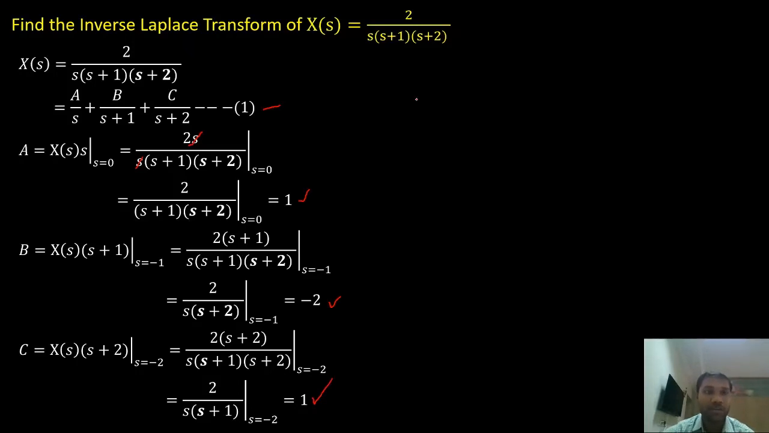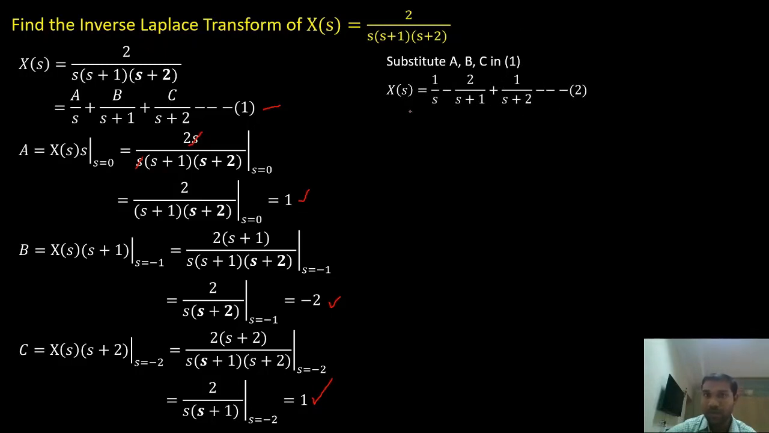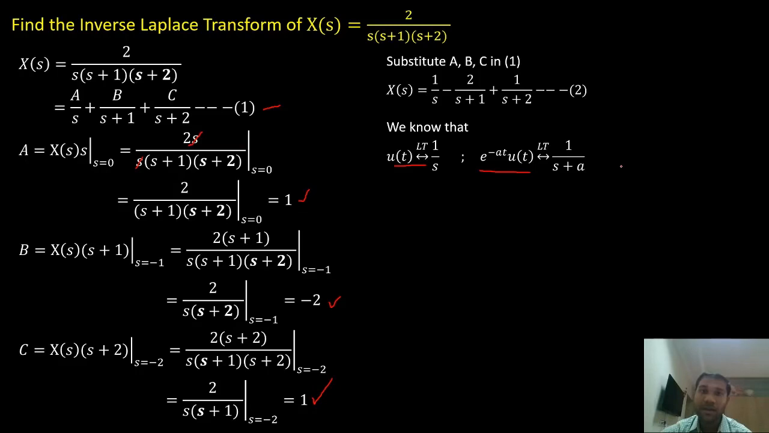So now my new x of s will be equal to 1 by s minus 2 by s plus 1 plus 1 by s plus 2. For this, now I'll find the inverse Laplace transform. So what are the different standard pairs that we know? The Laplace transform of u of t is 1 by s, and e power minus a t into u of t has Laplace transform 1 by s plus a. From this, I can take the inverse Laplace transform for the second equation, and I will arrive at x of t